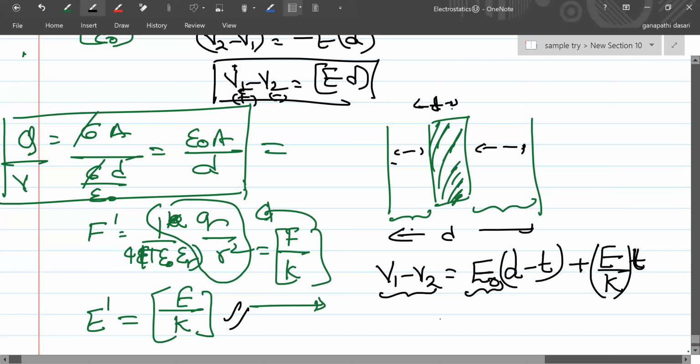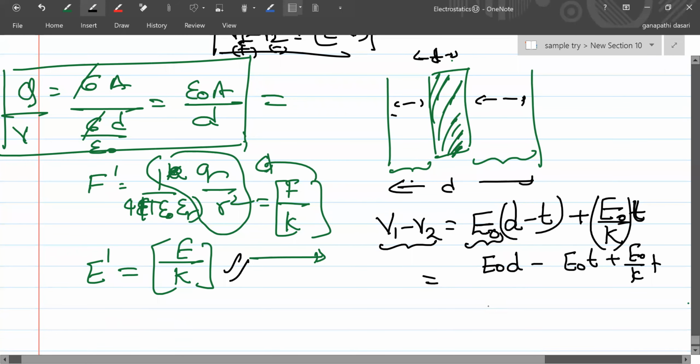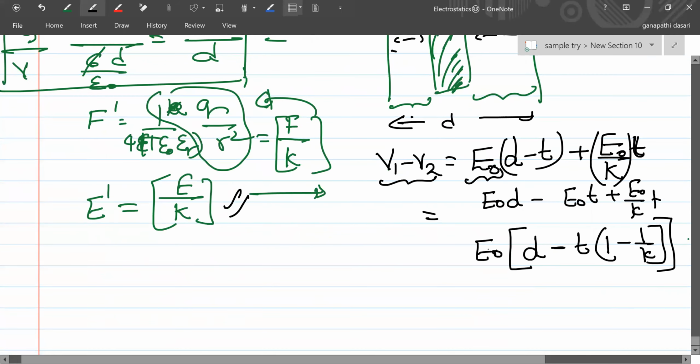So V1 minus V2 will be E naught into D minus T plus E naught by K into T. This can be adjusted as E naught D minus E naught T plus E naught by K T. This can be further written, if we take E naught common, as E naught into D minus, if we take T common, T into 1 minus 1 by K. So if we substitute this one, V1 minus V2,